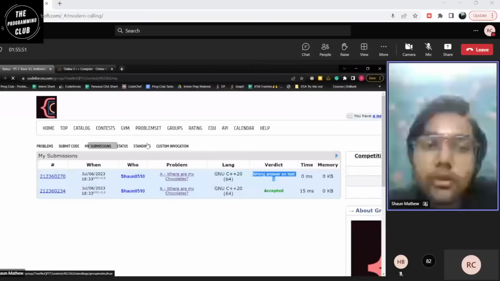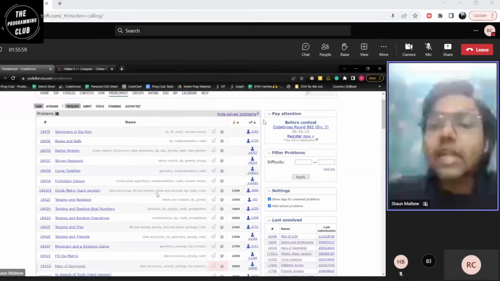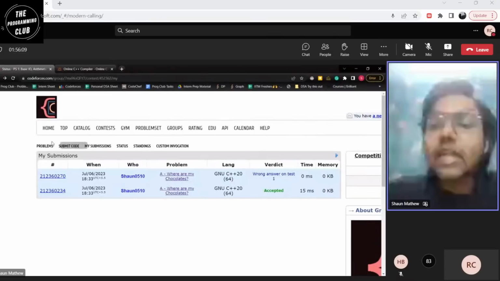Some people were asking me for suggestions on where to solve more problems from. Right now, I would suggest start with these. Apart from this, you can just click the problem set. This is the Codeforces problem set section. You can filter out problems based on difficulty, 800 being the lowest one and 3200 something being the highest one. Okay, try to solve the lowest rated problems because that's how you get started with things. Okay, no need to start exploring the problem set right away because we need to get clear with some basics. These are the basic problems out there. Check these out and we'll get back with the solution and everything tomorrow.